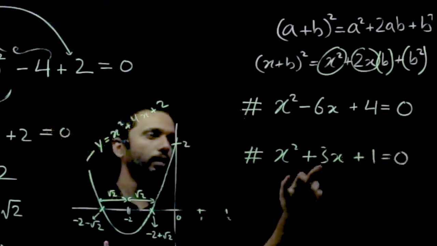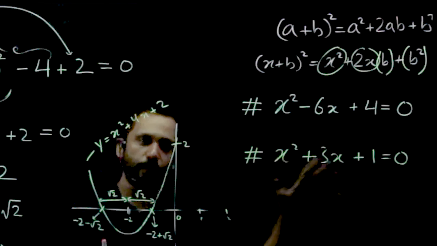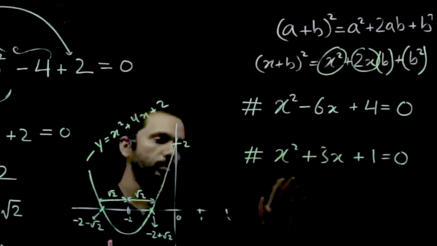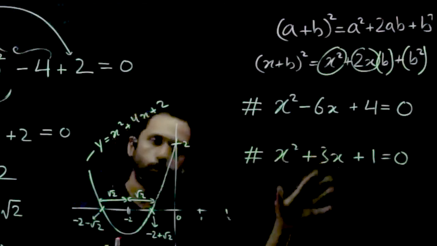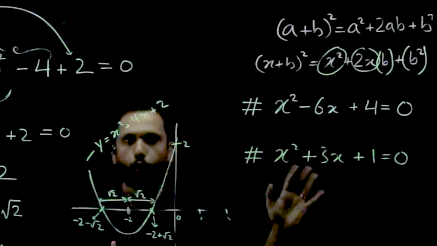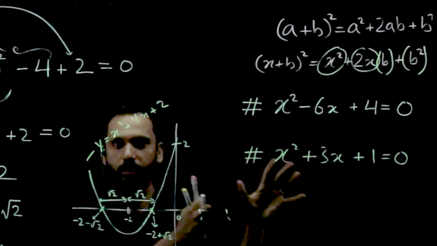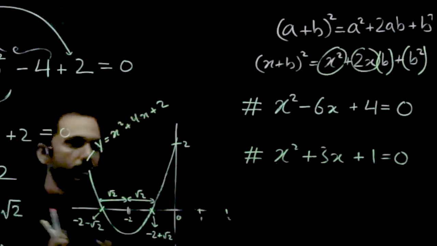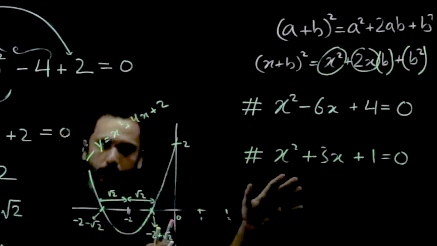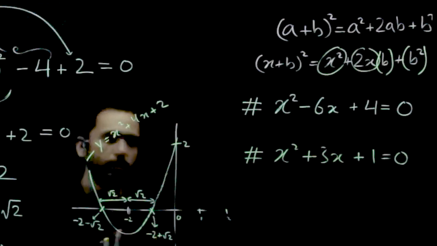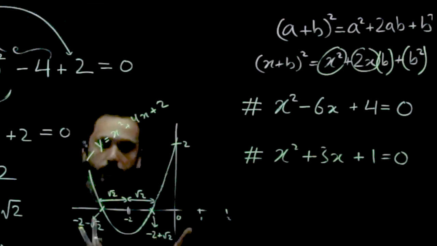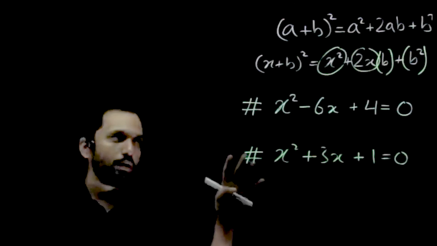Mind you, if you're getting fractions, if you're getting b as fractions while you're doing one of these, I'll tell you this one. When you're doing this one, you get b as a fraction. Don't worry, just do the same steps. Don't fear the fractions, don't fear the irrational numbers. Just do the mathematical steps, and you're going to get the answer. So best of luck. So I hope you got them.